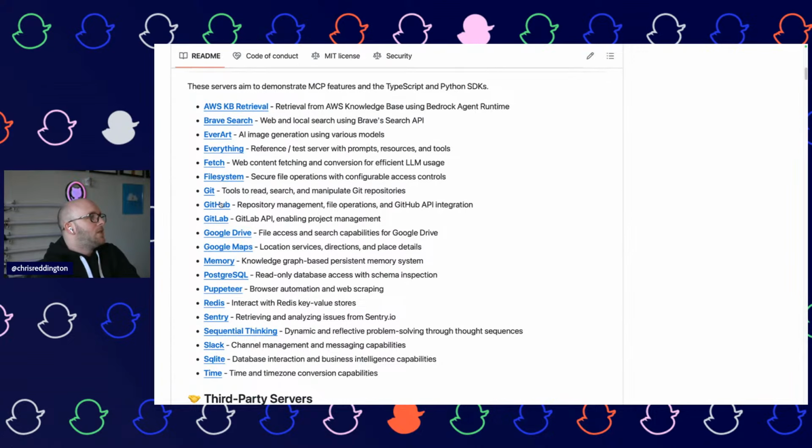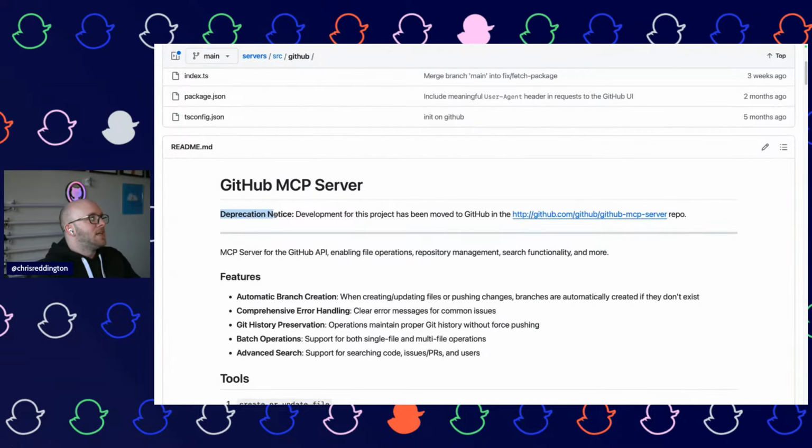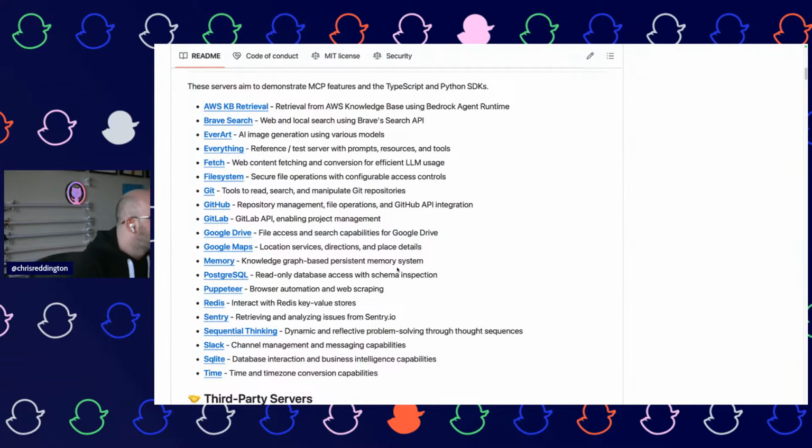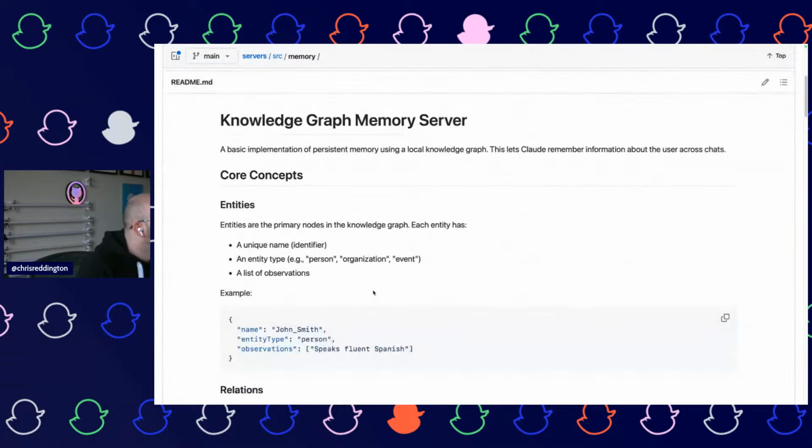And you can see the one that was here from GitHub originally, and that's now deprecated in favor of the GitHub MCP server that we've just been talking about. But it's interesting, right? There's things that you can do here, maybe around memory and bringing memory into the agent.